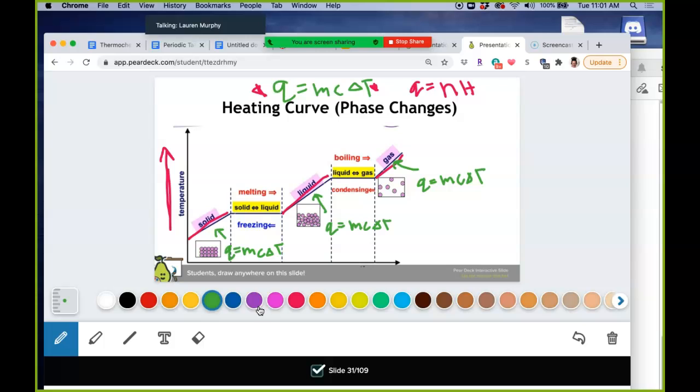Now, the reason you see all those little letters is because, believe it or not, the specific heat constant changes with your state of matter. So specific heat for water in the solid form is actually not the same as the specific heat for water in the liquid form. So I put the specific heat for the solid with the solid, the liquid with the liquid, and the gas with the gas, because they're actually different numbers. Now for these lines right here,